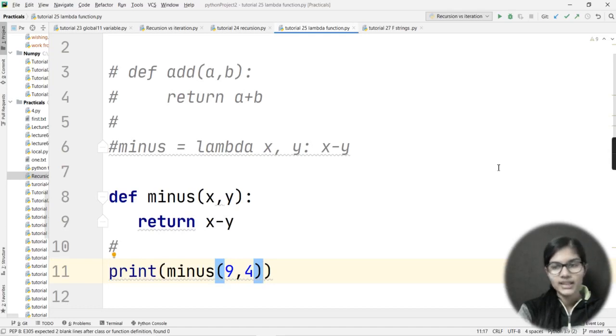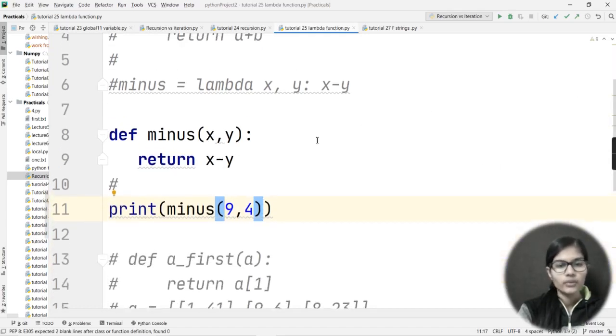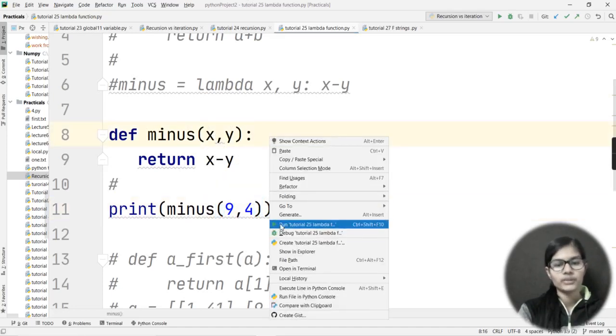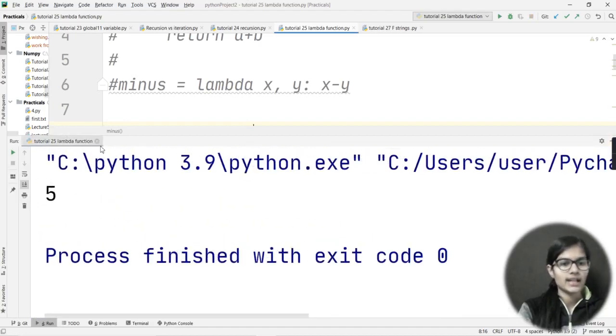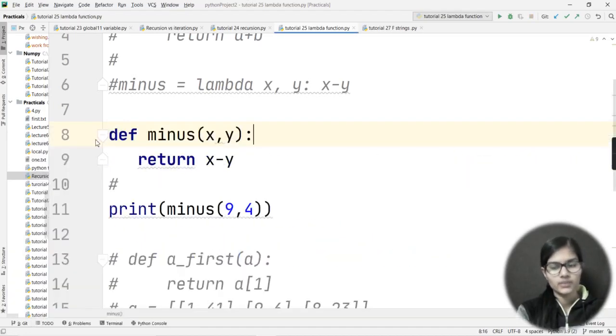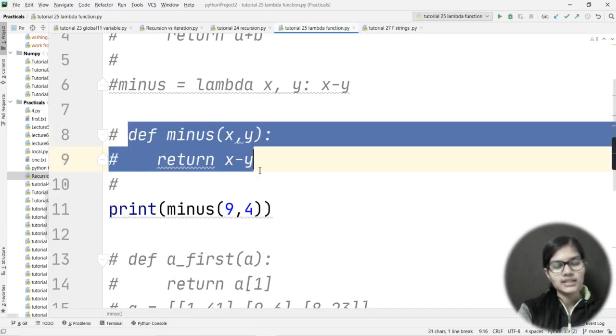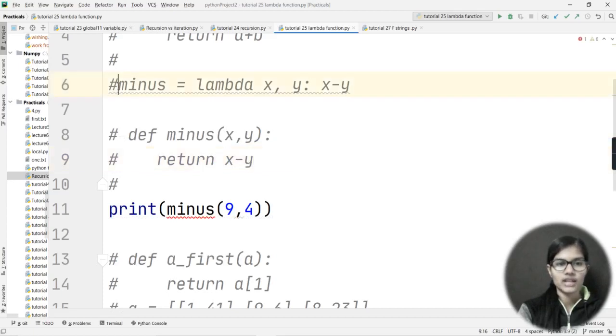Now what's happening is that in this 9 comma 4, 9 is automatically going to x, 4 is automatically going to y. So it now has both the values 9 comma 4. Now when this function runs, it would simply go to return, and it would return 9 minus 4, and the output would be 5. Let me run this. Okay, so here what I'm getting is the 5. That is the way we make a user defined function. Now if I want to do the same using a lambda function, for that what I would